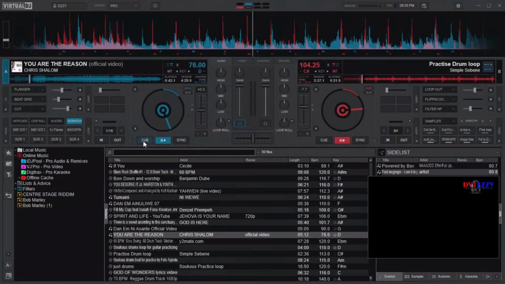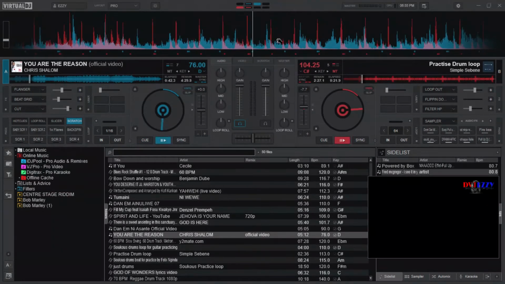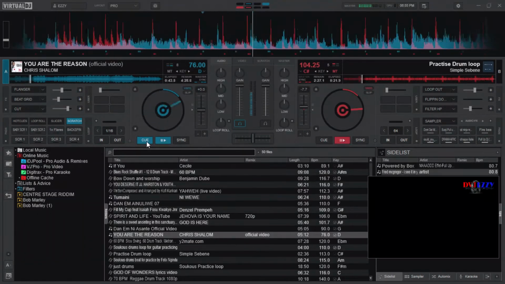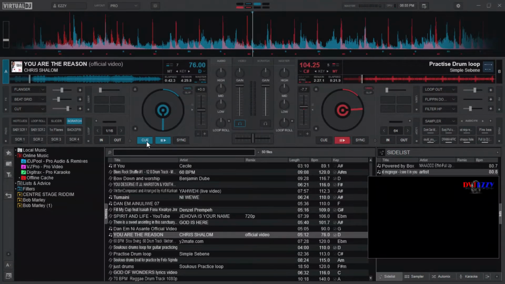There is also the Q button. The Q will set a start position wherever you press it, and when you hold on it again, it will play from that place. When you release it, it will go back to that Q point. So you can do it like this. Maybe you can look at some point where the artist is trying to start the song.